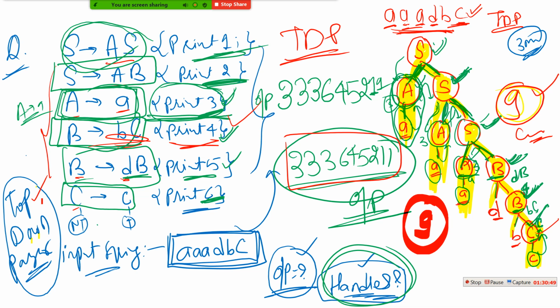Now, because of Yash's problem, Yash has asked one more question: what if we do bottom up parsing on the same handle? My string will remain the same, triple A